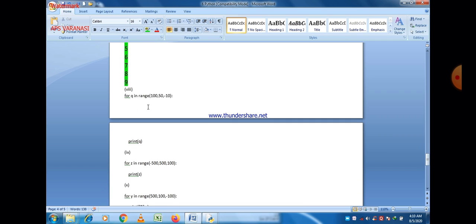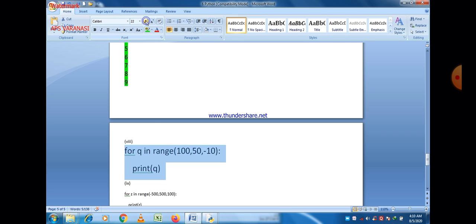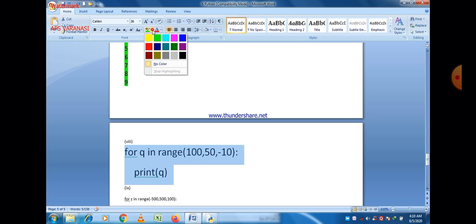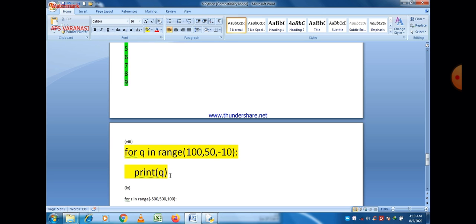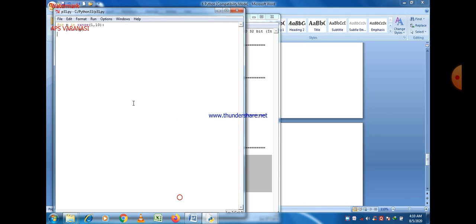Now let us take another program. This program is basically a simple program here, but it has all the parameters of the range function: start value, end value, and increment or decrement. We can easily see that there is a decrement. So the start value is 100 and the last value is 50. Of course 50 is not included in that case, and a decrement is there. The decrement is minus 10. So let us check what the output is. Of course the program is very simple.